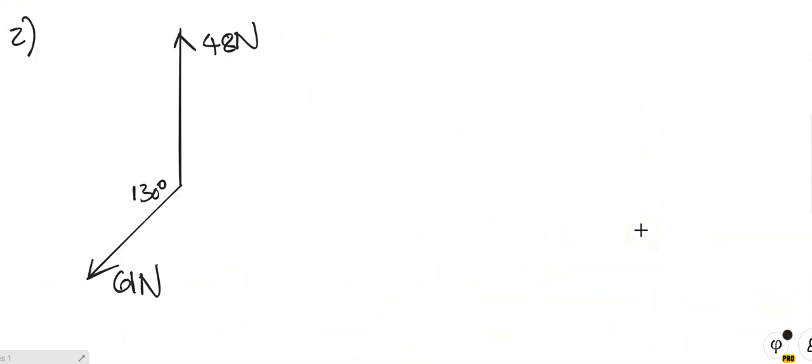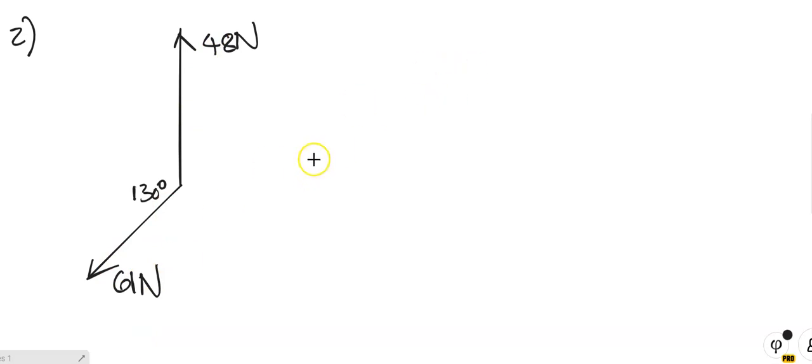Right people, there's number 2. The question is the same. Determine or calculate the magnitude and direction of the resultant of those two forces. Now let's look at it. We've got a force acting on the north line. We've got a force acting somewhere the other way. And the angle between the two of them is 130 degrees. 48 newton, 61 newton. Right. So